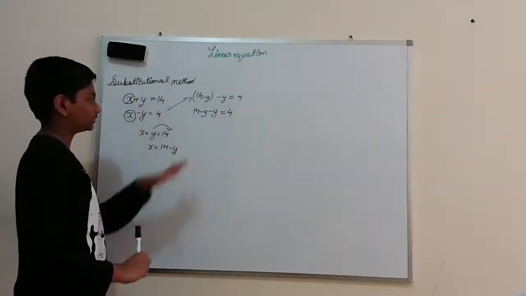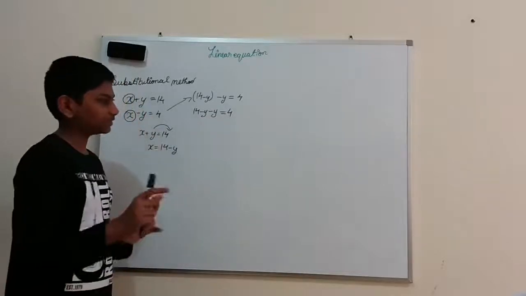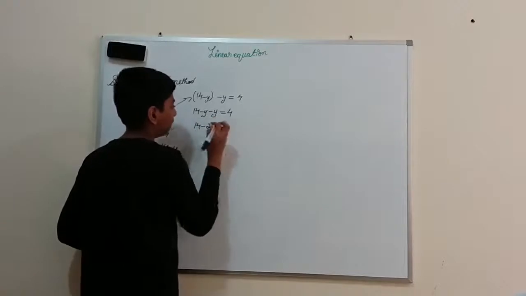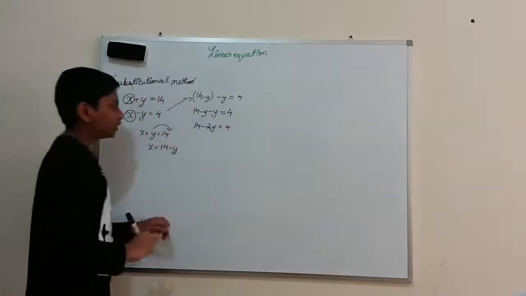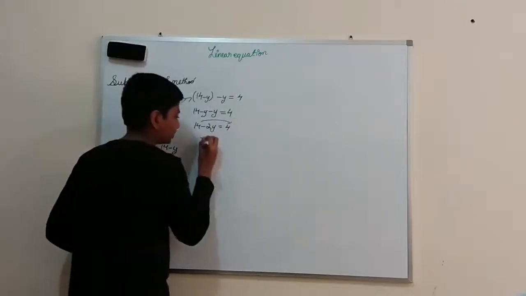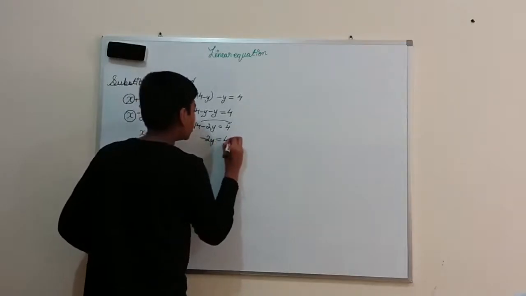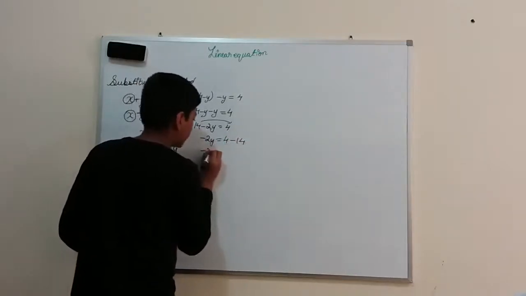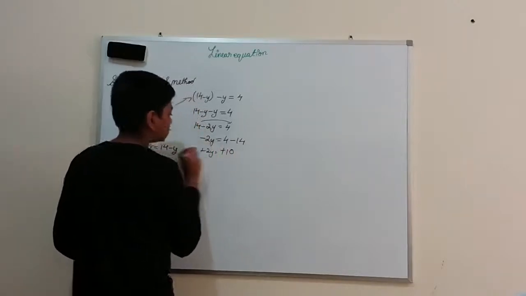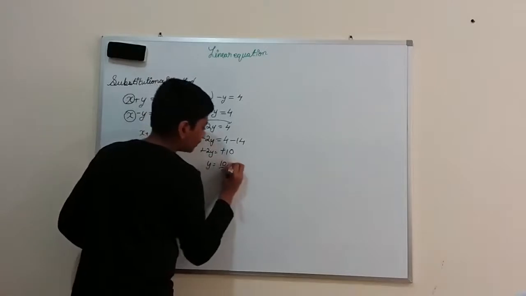Now what should I do? Now they both are common. So minus y and minus y add to 14 minus 2y equal to 4. So now what should I do? I should just transfer this 14 to that side. So be careful with the minus and plus symbols. Minus 2y will be equal to 4 minus 14. So minus 2y will be equal to 4 minus 14, which is nothing but minus 10. So minus and minus can get cancelled over here. So y is equal to 10 by 2. This is equal to 5.